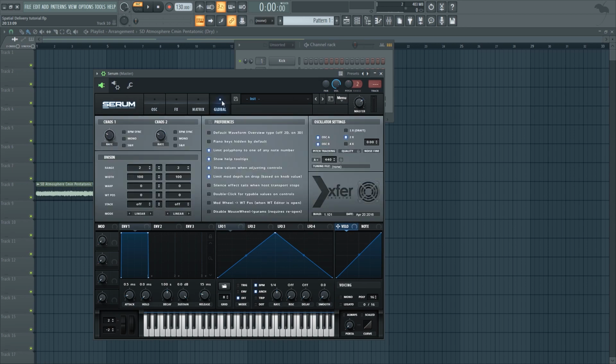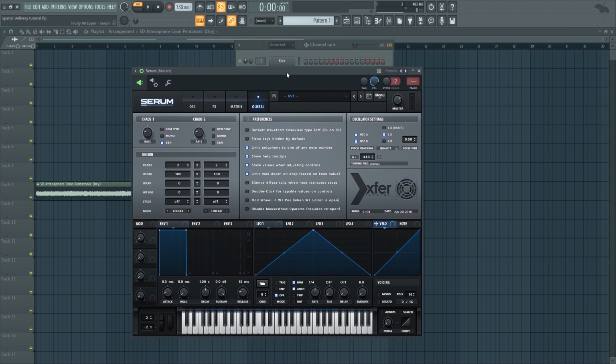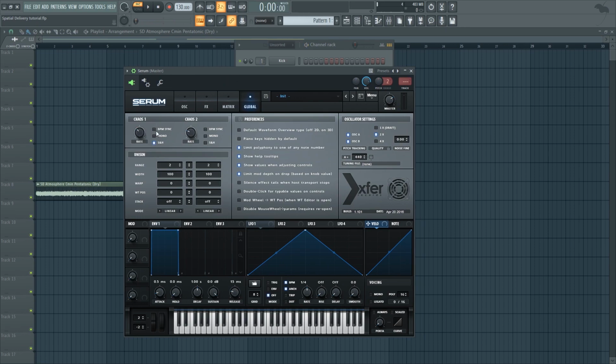So in order to fix that, I'm going to go to Global and I'm going to set it to Sample and Hold. So this means that it doesn't drift through different values, it just cuts to different values all of the time. So we're going to get these clicky sounds now. And then using the rate you can control the speed. And then if you want to, you can also use BPM Sync to sync it to your project.